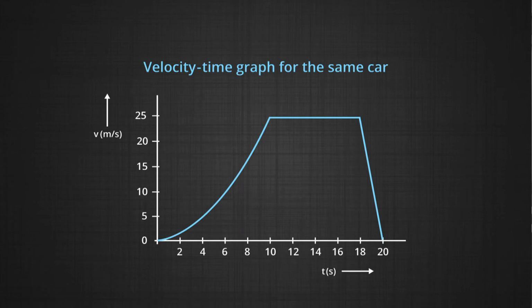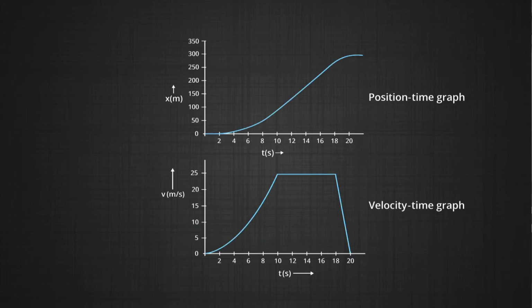It suddenly becomes low and becomes 0. That means the car must have stopped. Did it indicate on our position-time graph? Let us see them together. The position-time graph and just below it is the velocity-time graph, and the timings are matching, and you can see that the position of the object becomes the same for a certain duration. That means the car must have slowed down and then it must have stopped.